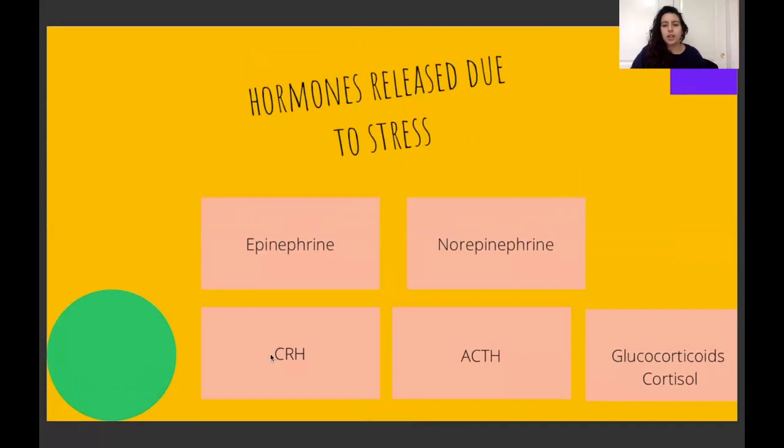Okay, so for example, there's the adrenal medulla, which is the middle of the adrenal gland, and then there's the adrenal cortex, which is this outer layer on top of the adrenal medulla. The way that I remember which one comes from the adrenal cortex is that there's one of these sequences that has a lot of C's, so you see a C here, and a C here, and a C here, and a C here. That one is the one that's associated with the adrenal cortex, or the outside.